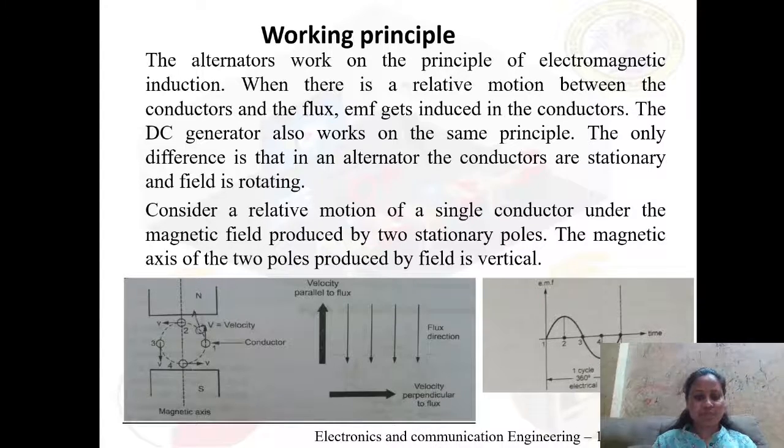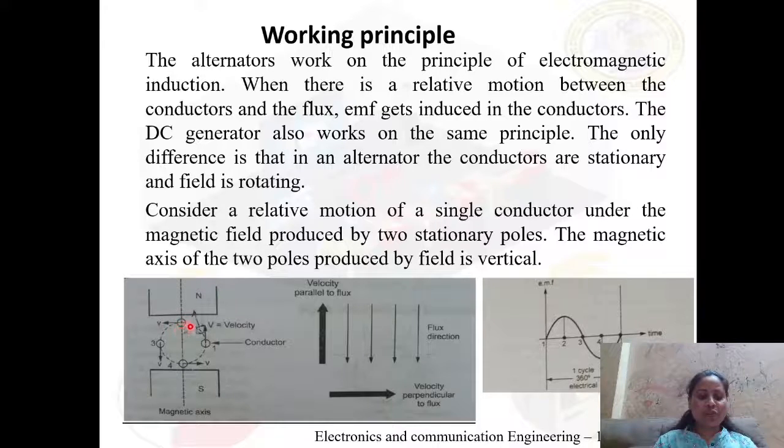will have the velocity acting vertically upward, and the permanent magnetic field lines will be acting vertically downwards from north to south. The conductor in position 1 has upward velocity, and the field lines are acting vertically downward. So both are parallel and it will not cut any flux, therefore the EMF induced in position 1 is 0.